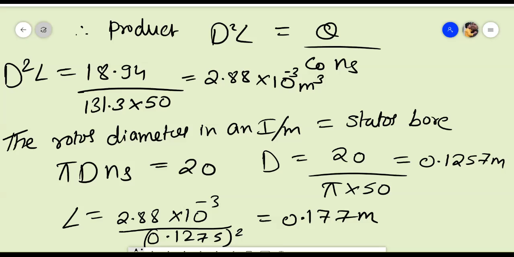meter. Okay, so we got this question also, and I hope you understood this question, and I think you can solve it yourself also. Okay,